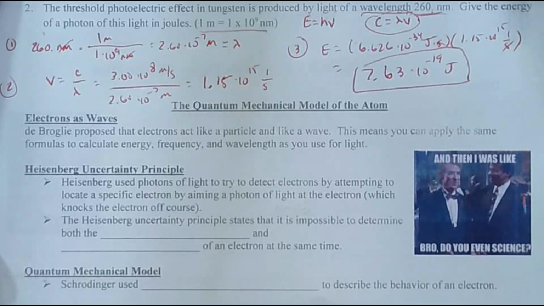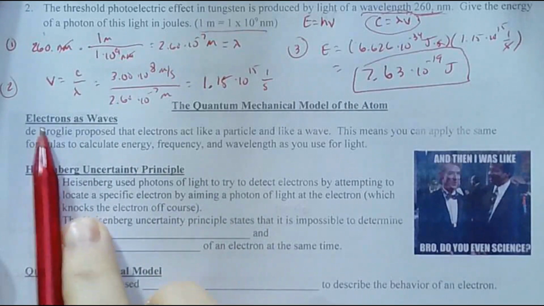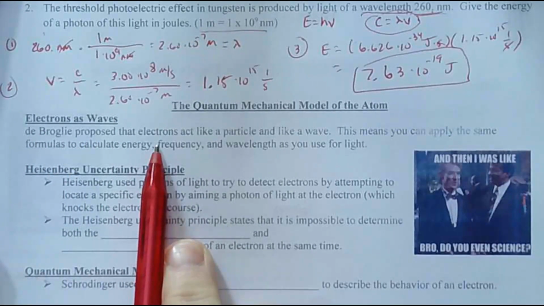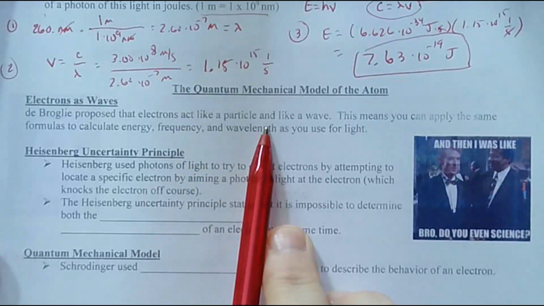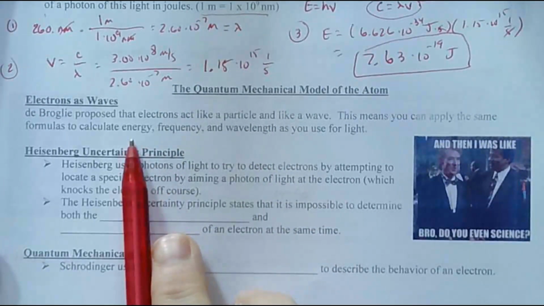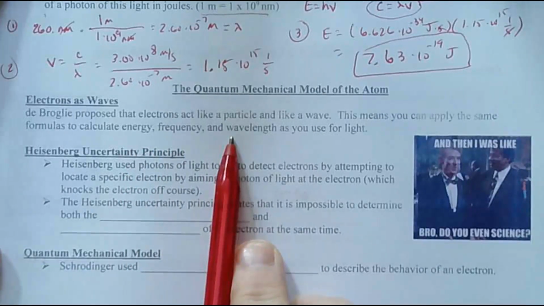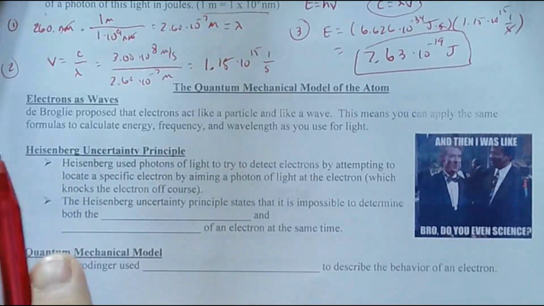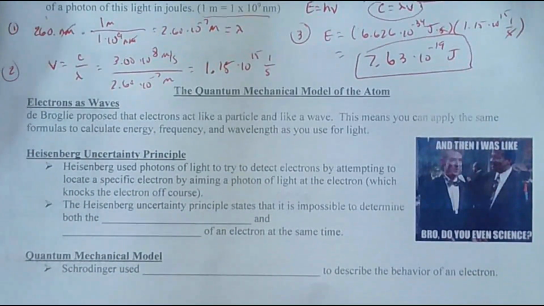De Broglie was one of the folks who proposed that electrons act like a particle and like a wave. And so you can apply some of the formulas that calculate energy, frequency, and wavelength used for light to electrons also. Then you had the Heisenberg uncertainty principle,